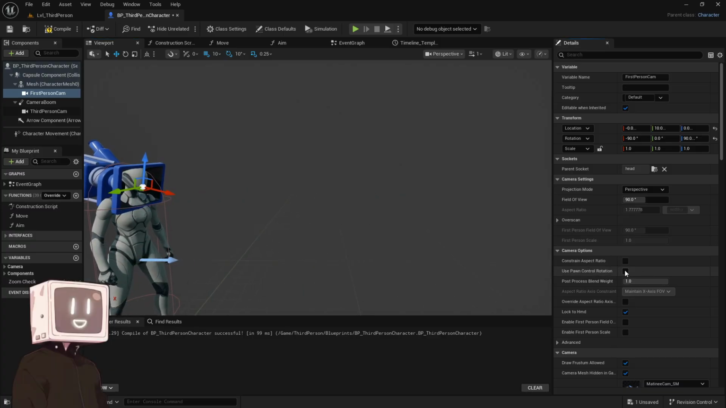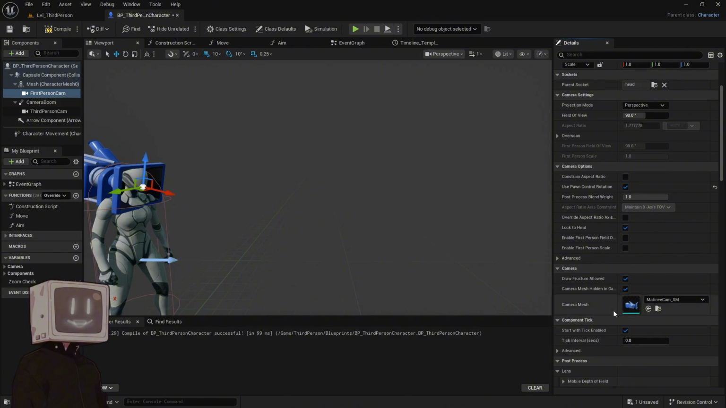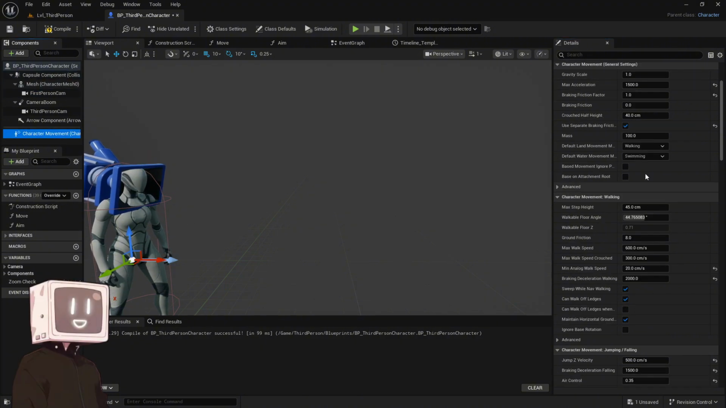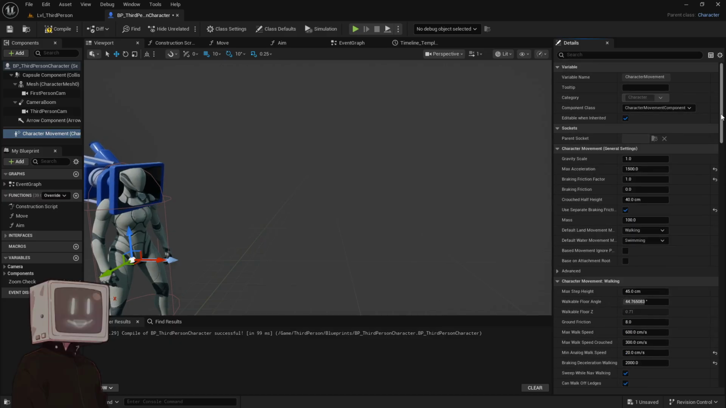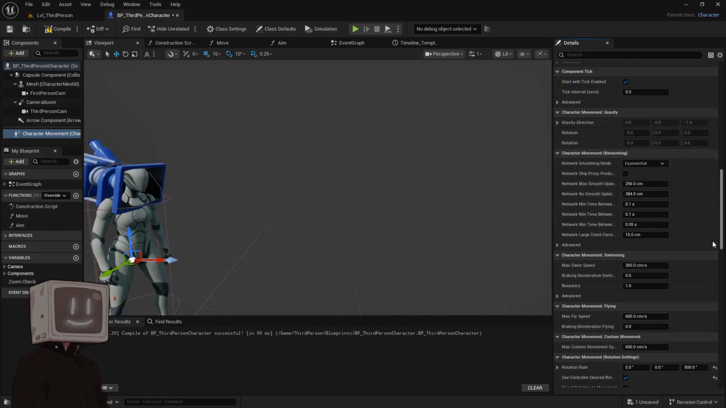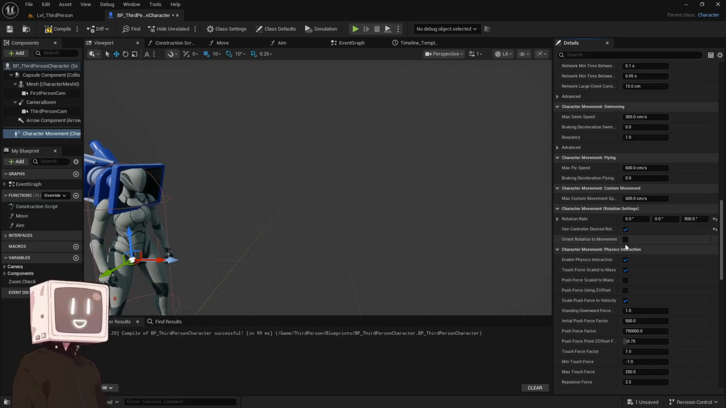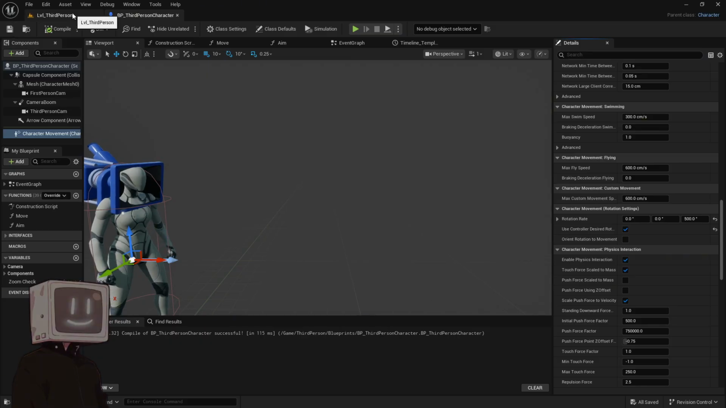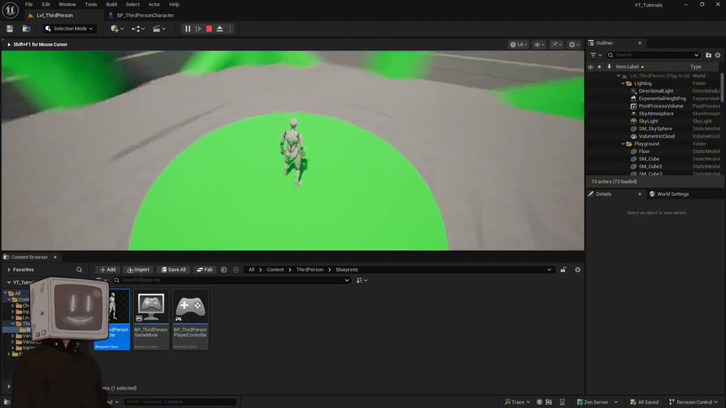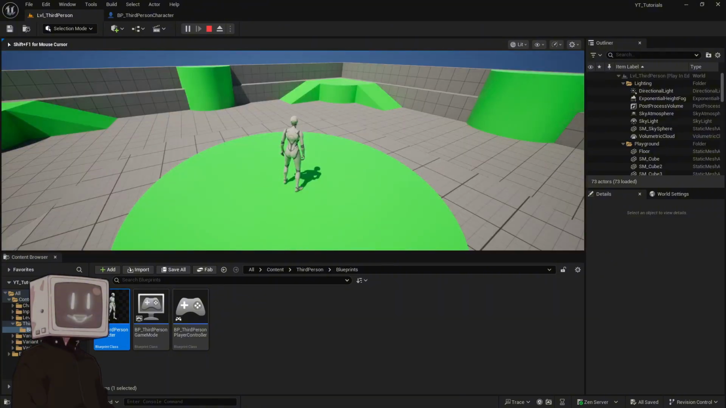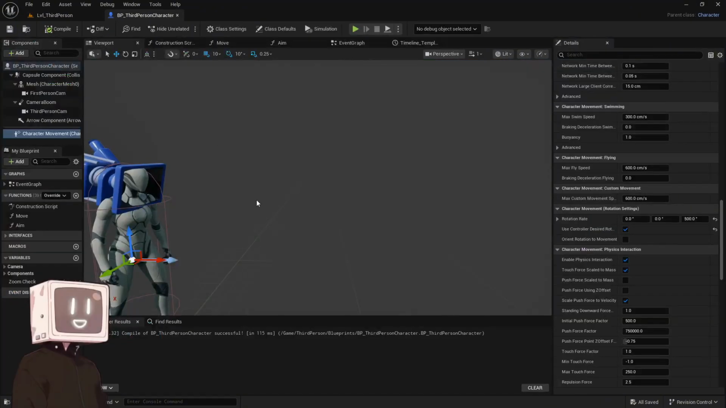And then we want to use control rotation, and we want to change the character movement to use control desired rotation. That's what you want. I'll save, and we won't do anything because we've not done the code. So if we go back,